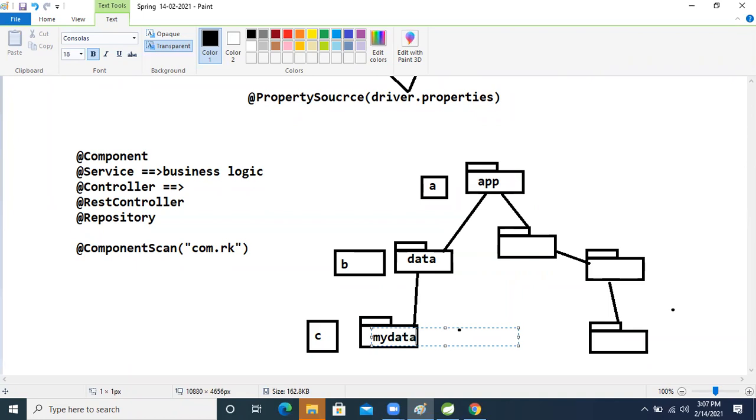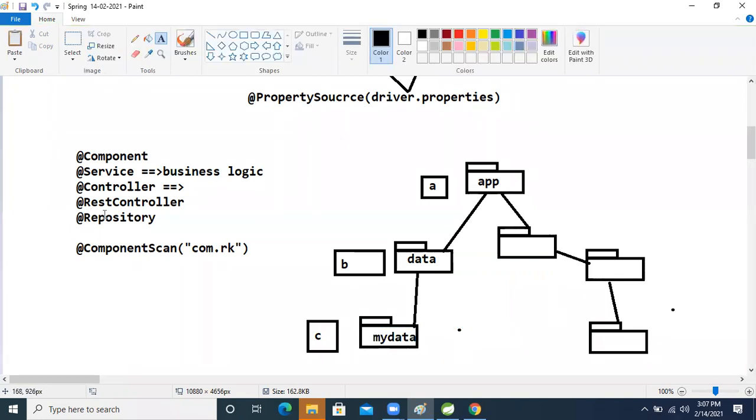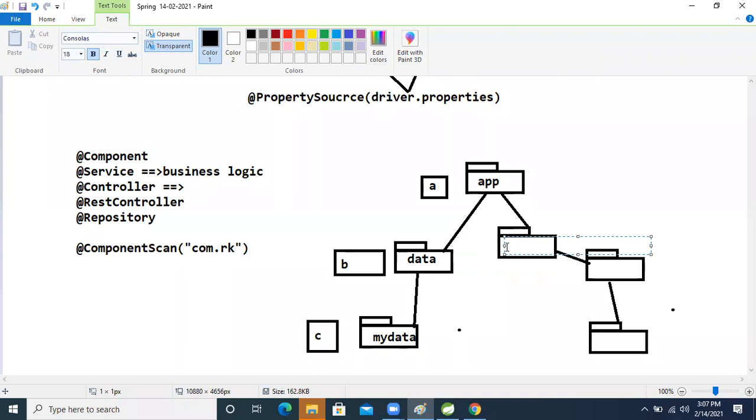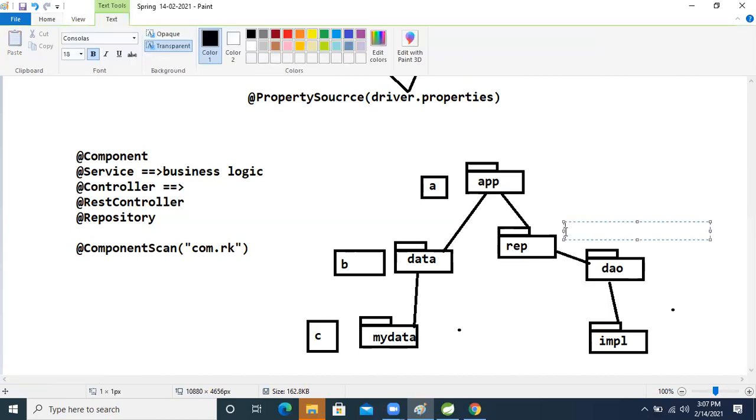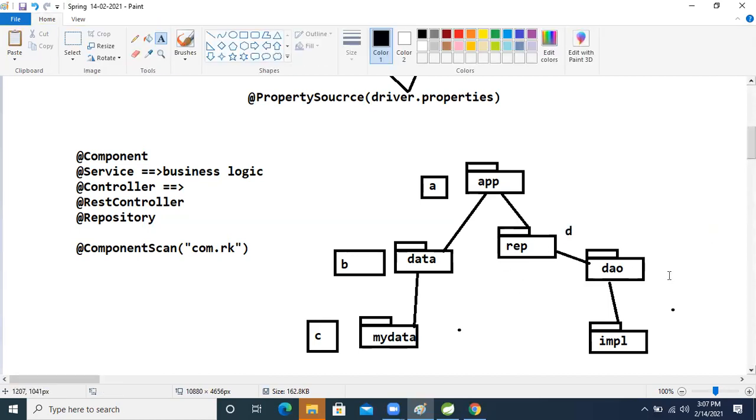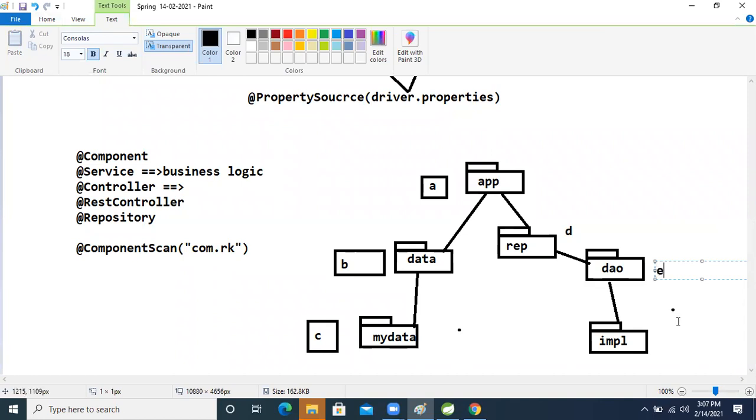Here I'm taking repo, then DAO, then IMPL, inside that ABC. Then here the D class, inside this package the D class is there, inside that E, and F.